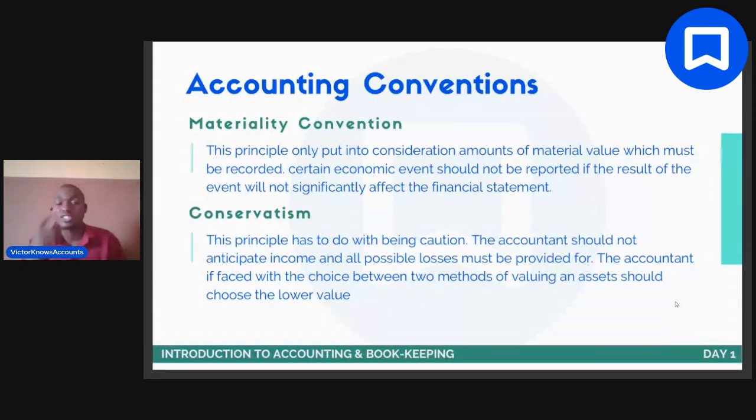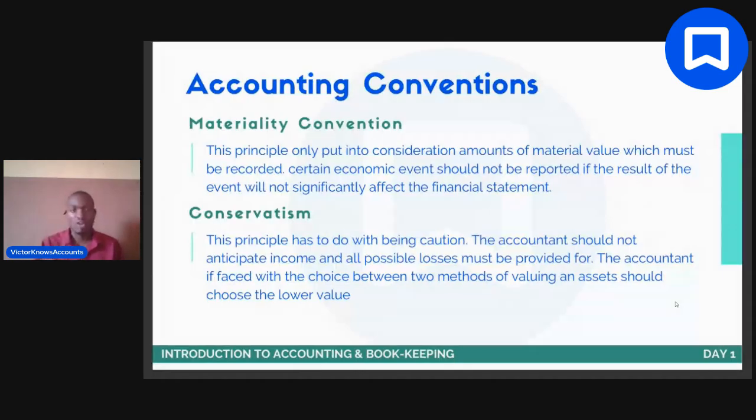So when you anticipate income, you are also saying that your future profit will be greater. But you know that life is filled with risk. There's a likelihood that that income will not come. It's only certain income that should be recognized. That's what prudence is saying. Any income that is uncertain should be ruled out. You should only recognize income when you earn it. When you have not earned it, don't try it at all. It is still a future income. Don't anticipate it. But when you have losses, you should do well to anticipate future losses and provide for them,